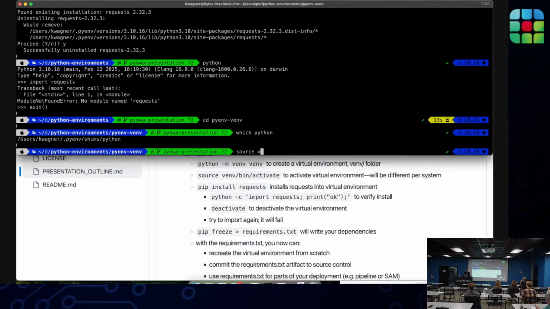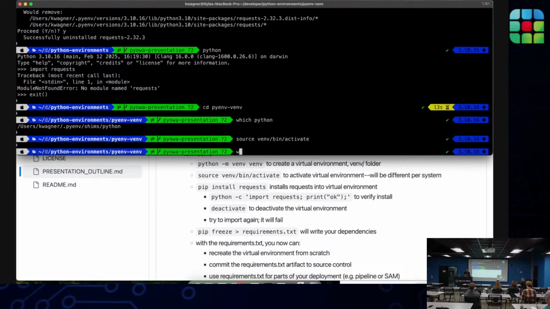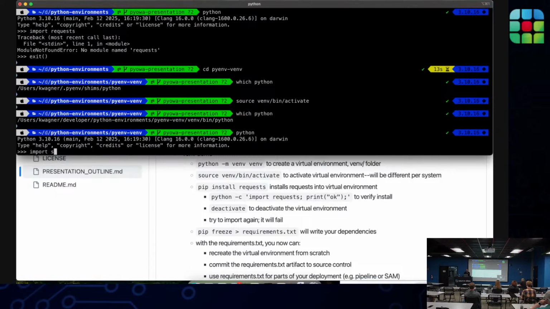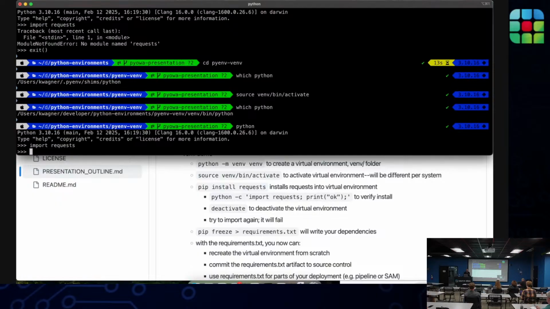Source, venv directory, bin, activate. Okay, we're back in the virtual environment. Now let's try this again. Importing requests works. I didn't do any other installations. It's just proving the point that in the virtual environment, requests is available. Outside of it, it is not.